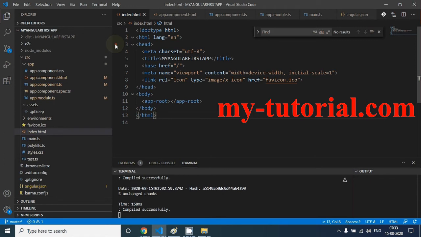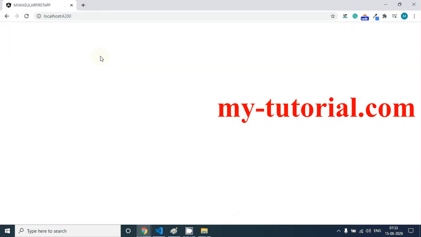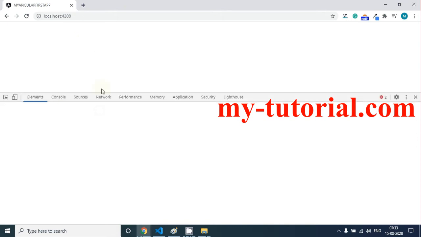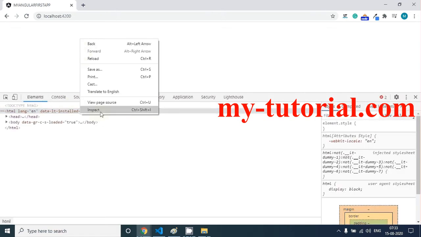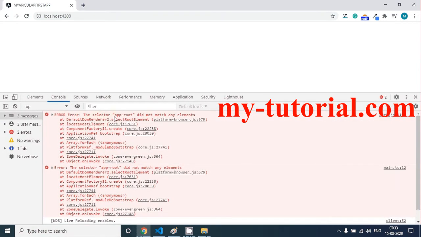Let's prove what happens if you don't use this selector. Just delete it and save this file, Control S, and come to the browser. Here we can see that now I'm not able to see any output. Let's inspect that. Right click on inspect and come to console. Here you can see that the selector app-root did not match any element.